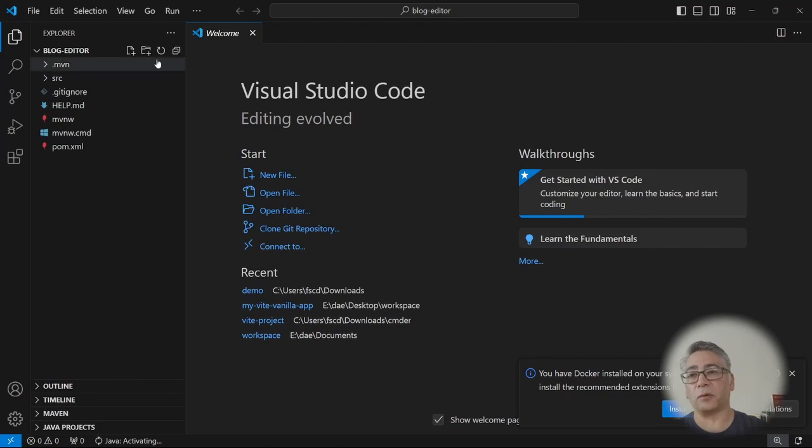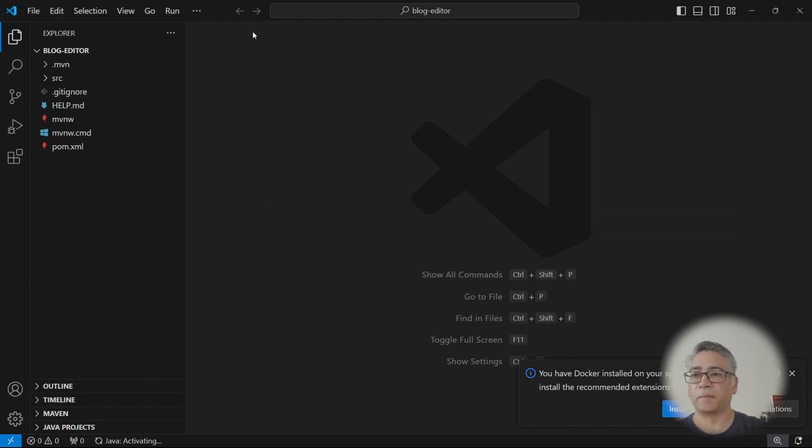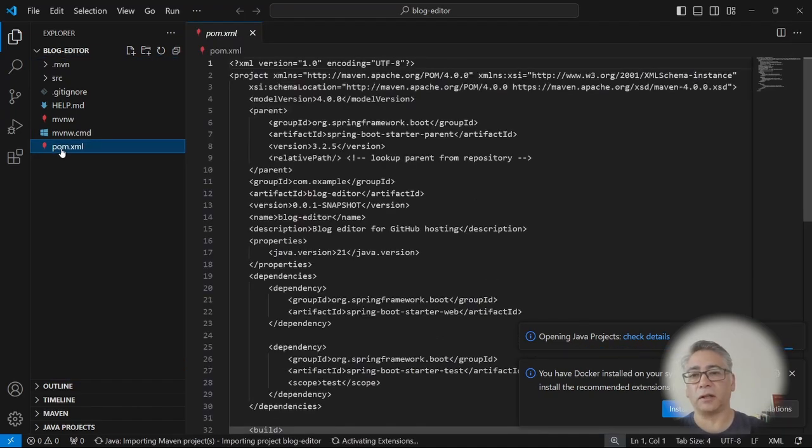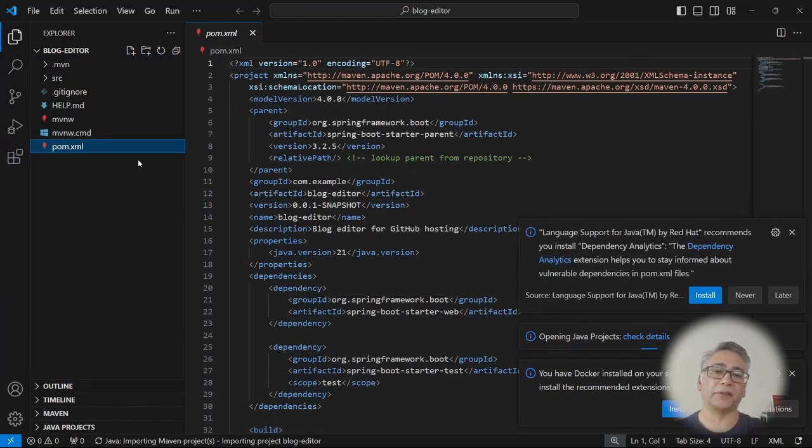Okay, so here we are. We're in VS Code. VS Code's a very nice code editor from Microsoft, Visual Studio Code, and we don't need the welcome here, so I just close that. And then here's the layout. So what Spring Boot Initializr did is it gave us all these files and folders to start us off with a Maven Java project. So if I click on pom.xml here, this is what I was talking about when I